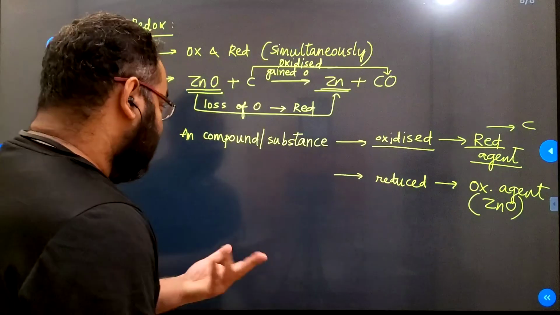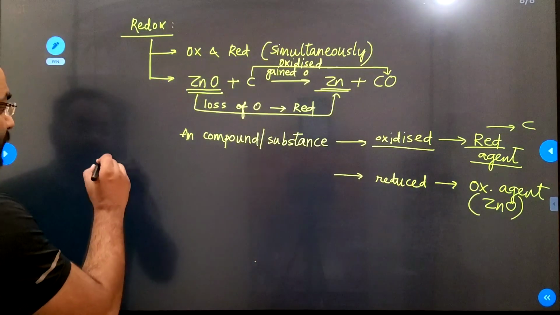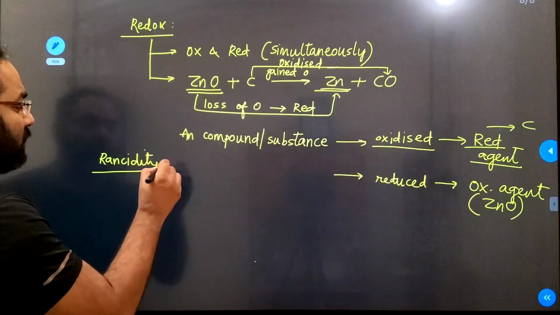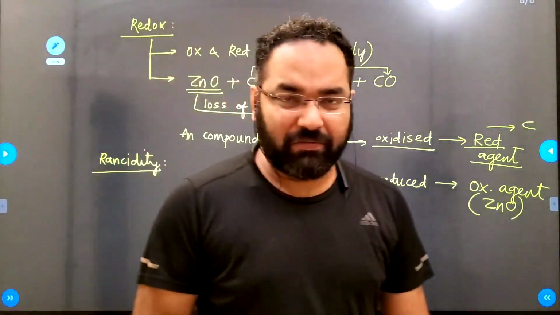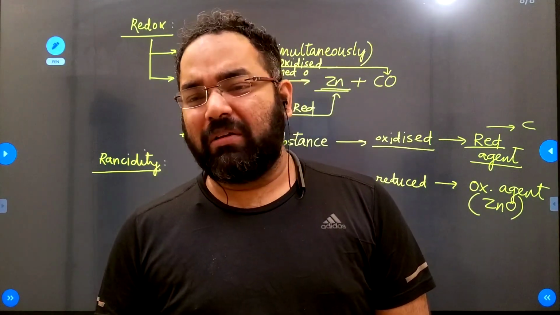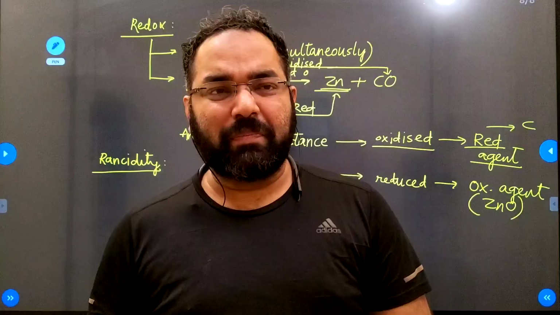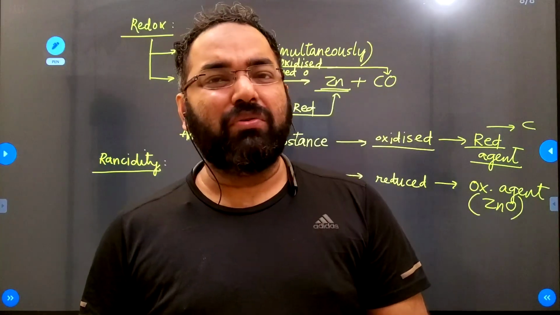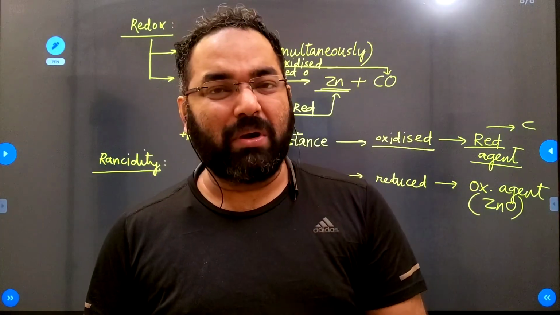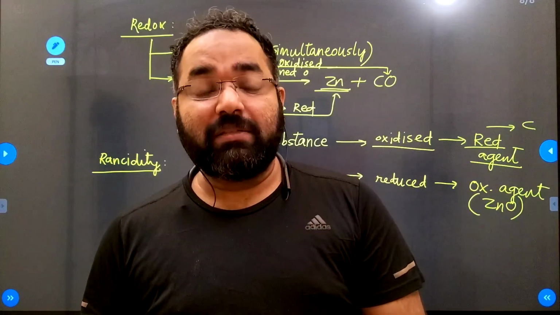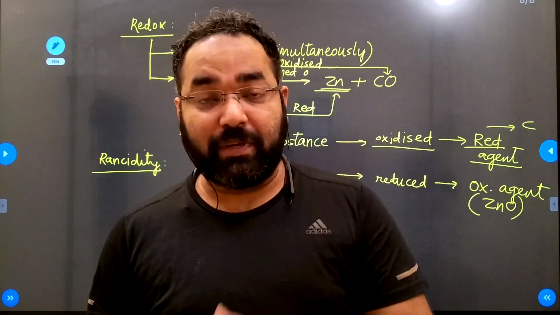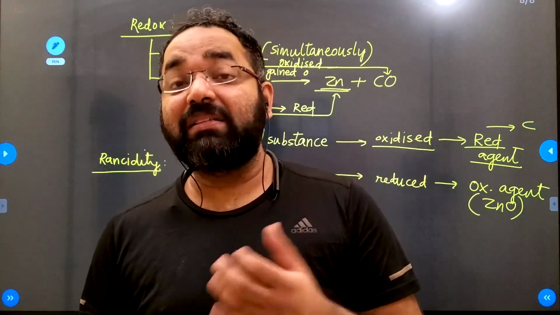Alright. Now, the next part, the last part of the chapter in fact, is something called rancidity. Rancidity is slow oxidation of oils and fats present in food, which gives you a very foul smell. Now there are multiple examples that you can quote. If you take a chips packet and leave it outside for a few days, you'll notice that the oil of the chips that you're about to eat starts smelling really bad. That is because the air around us tends to oxidize the oils and fats present in it, emitting that foul smell. This is called rancidity.